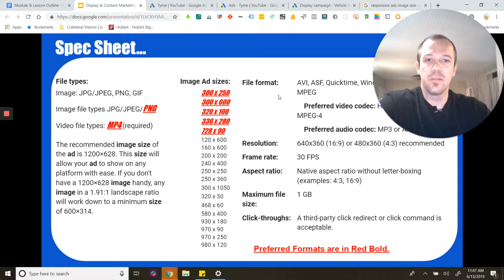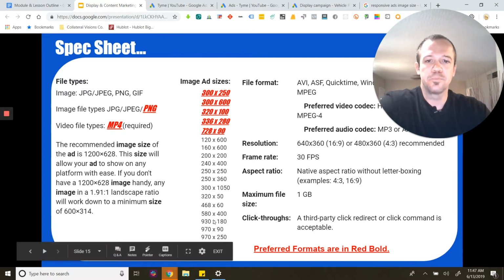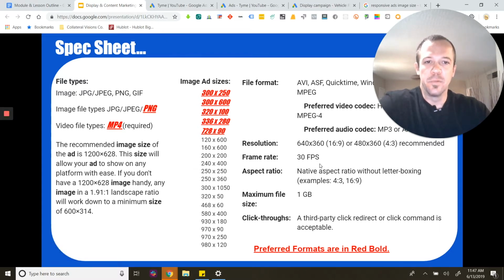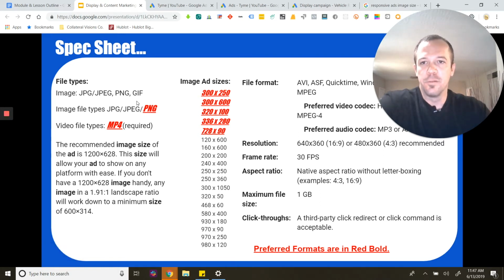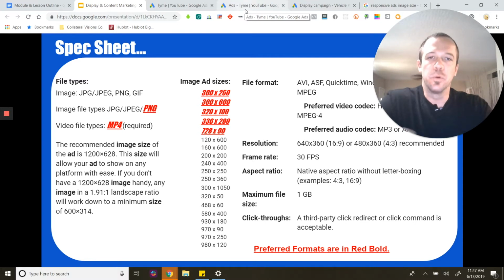We go back to that, and I've got you the cheat sheet, and you've got the image sizes all throughout here. And then it's got some information on if you want to do GIF ads over here, and then the file types that are recommended, and the image sizes for display ads as well that are recommended here. So the main thing that's really changed with Google Display is the fact that now they're pushing most